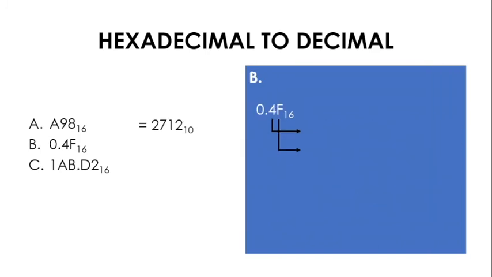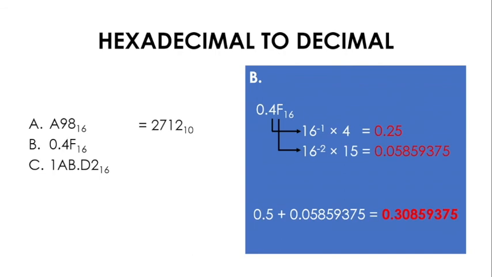2712. For the next example, we will start with the tenths digit, which is 4. 16 raised to negative 1 times 4 is 0.25. And for the next digit, 16 raised to negative 2 times 15, which is the decimal equivalent of F, that will be equal to 0.0585935. Add the products and you'll have a sum of